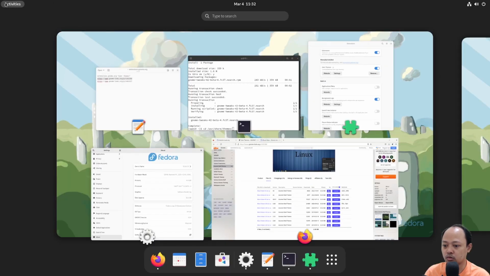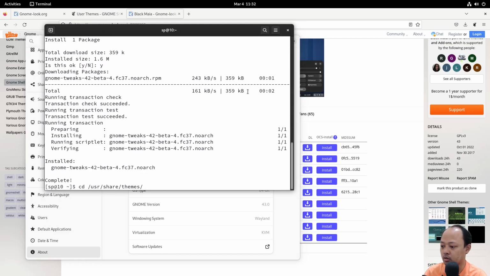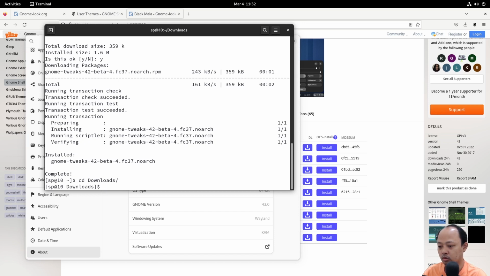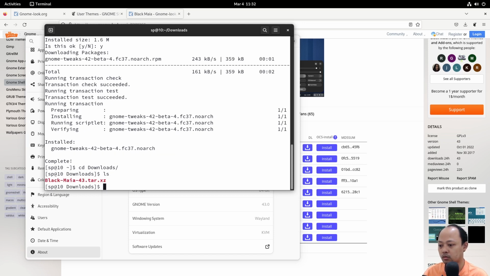Okay, let's continue to the installation process. We need to go to the download folder because I saved the downloaded file in this folder. This one, as you can see here, Black Maya.